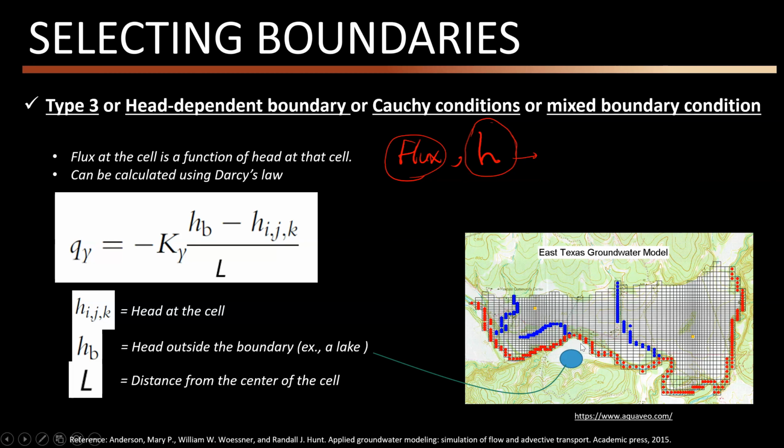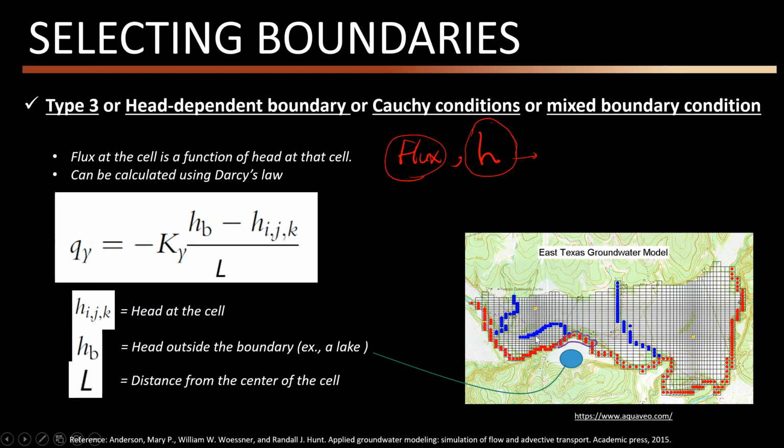What I need is how this lake contributes to my system. So in this situation, I assign a mixed boundary condition, for example, for these cells, and say that based upon the heads which are calculated for these cells,